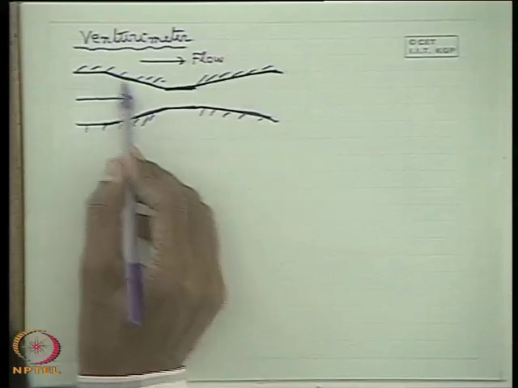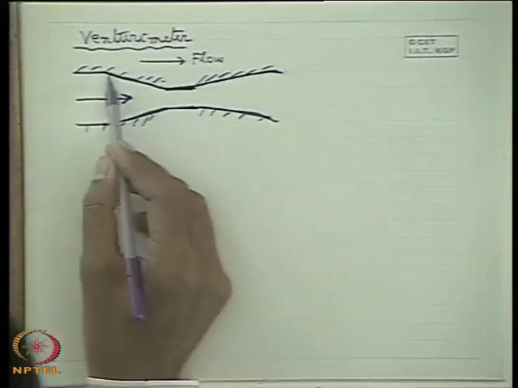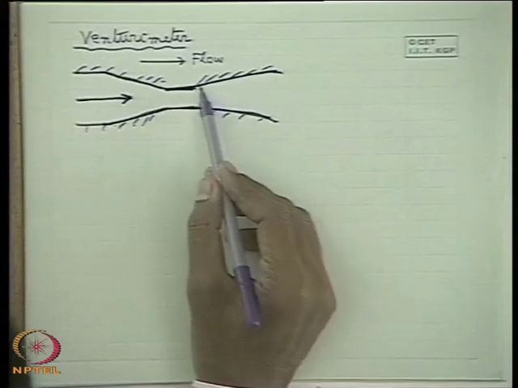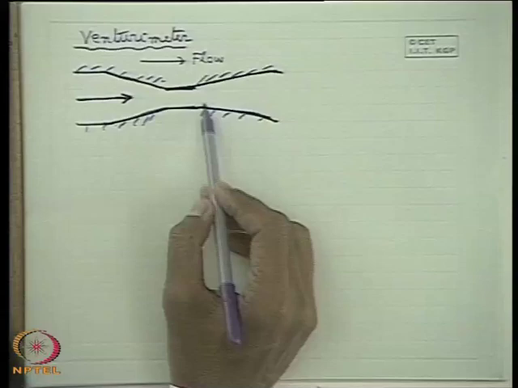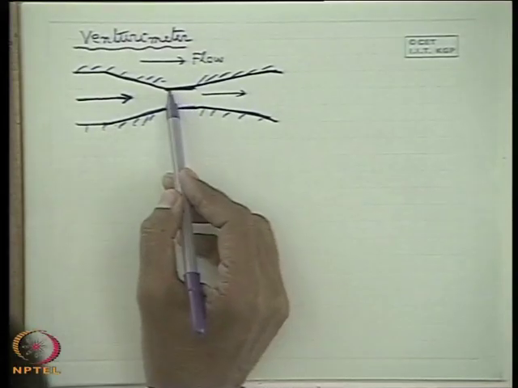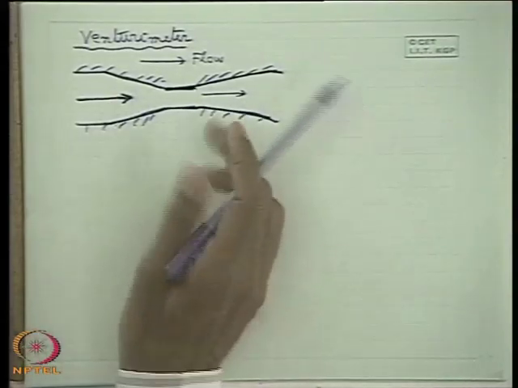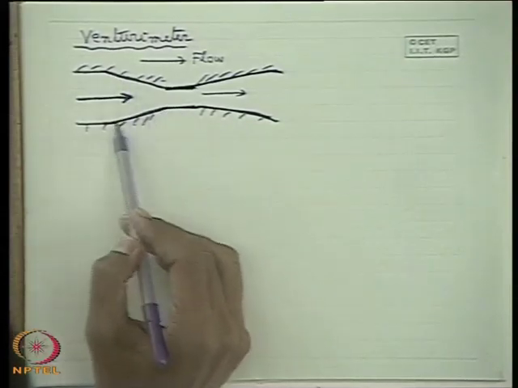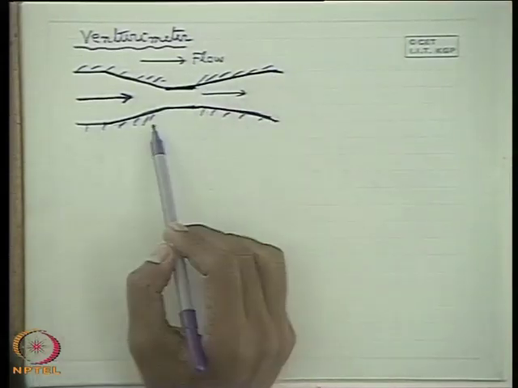That means the shorter length part, with the higher convergence angle, is a convergent duct. That means when fluid flows, this acts as a convergent duct, whereas the longer length part, that is the conical part with a lower cone angle, acts as a divergent duct. Why it is made like this is very important. Sometimes it is asked in many interviews that if you are given a venturi meter, two conical parts, which way will you place? You will place it in such a way that the fluid first goes to the shorter length, higher cone angle conical part, and then the lower cone angle conical part, or vice versa.